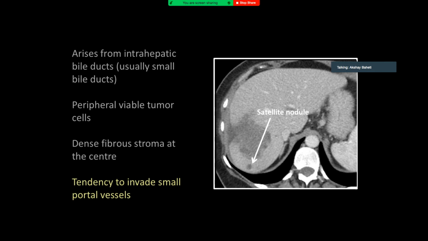That's because it has a tendency to invade small portal vessels. Okay, what that means is you can also see tumor thrombus, right? If a tumor is invading vessels, if it has a tendency to invade vessels, it can cause tumor thrombus. So in HCC, in liver malignancies, generally when we see tumor thrombus, we think of HCC. But actually even IHCC can invade and cause tumor thrombus, which is why the LI-RADS just says LR-TIV. If you know the LI-RADS criteria, we'll discuss it next time. But it doesn't say TIV in HCC, it just says TIV, tumor in vein. Because even an IHCC can do that, okay?